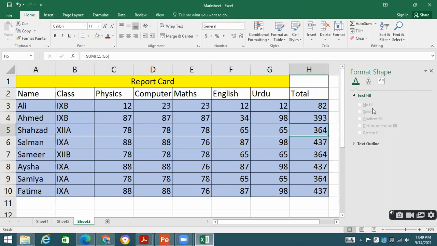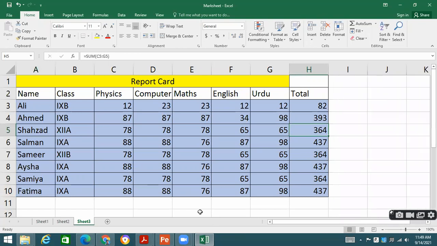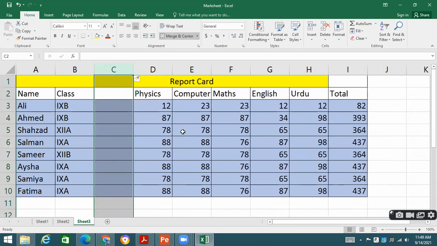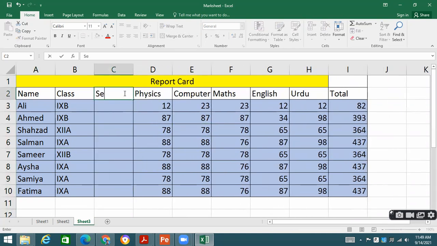How can we apply a filter? This is the thing that we need to understand about the filtration. There are different data for 9A, 9B. We can take even different sections over here. Let's suppose I am mentioning only class here, and over here I'm mentioning the section.